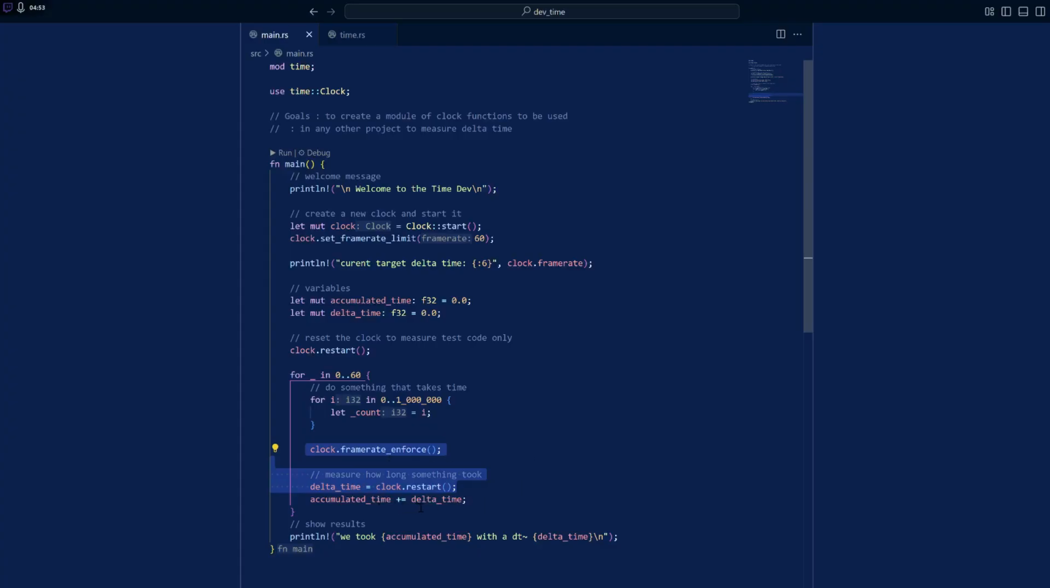The accumulated time bit shouldn't be too much of a problem. We can't shorten that. So there's nothing we can do about that line. But what can we do about this restart and this enforce? Well,